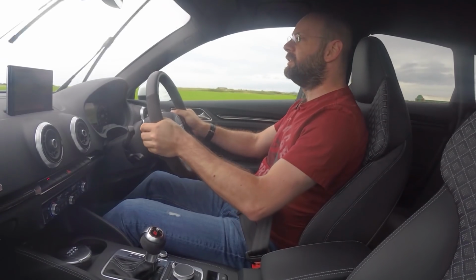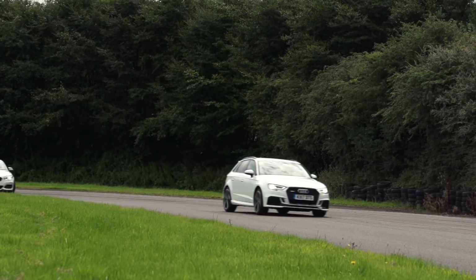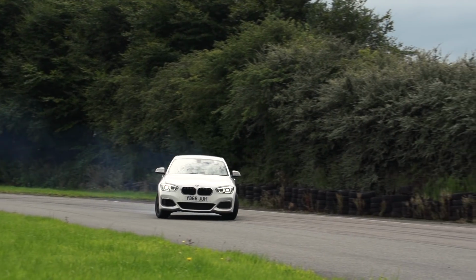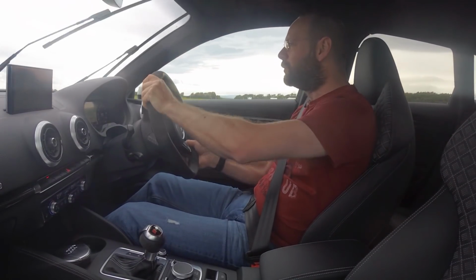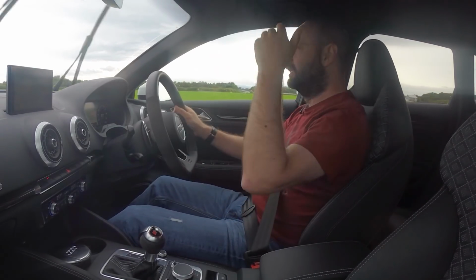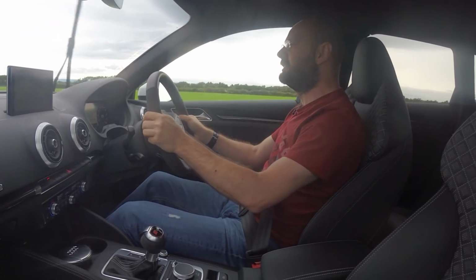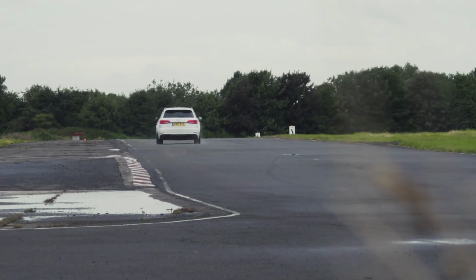Every time I look in my mirrors, the BMW has got an angle on it. And there's something to be said for that, isn't there? If you want in slightly crummy conditions to go from one place to another faster than you possibly think, I'd just ease the other end of the straight and I'm already down the end of it. And have a bit of fun on the way. This is the car to have. But